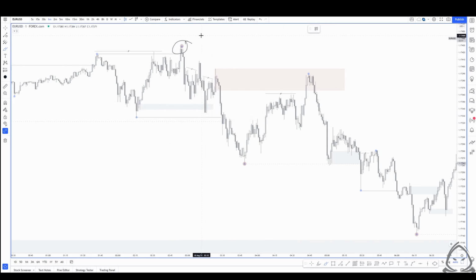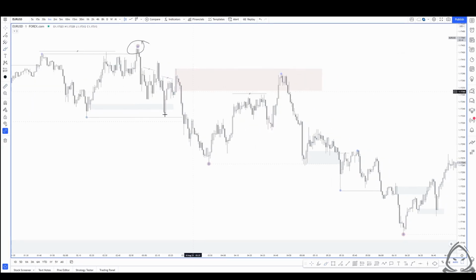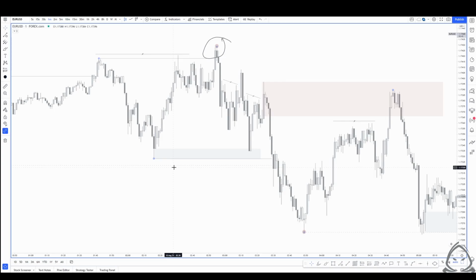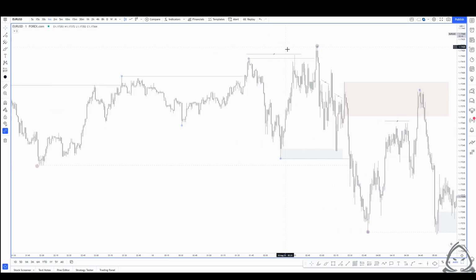But at this point, if we didn't have this bit of information, we're just waiting for price to react. If we're looking at this, yes, that is tradable, but more than likely, you're not really going to get a whole lot of a move out of that. But as you can see, this demand zone was valid because we broke structure. But again, this is where multi-time frame market structure really comes into play,